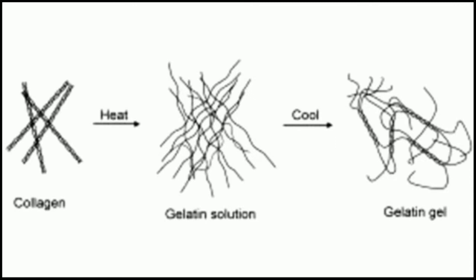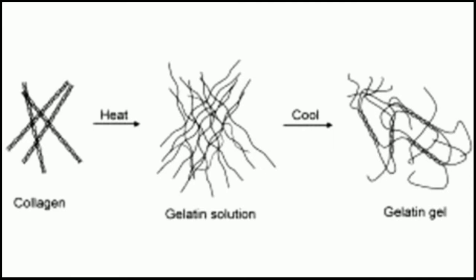In this diagram also you can see that the collagen on the application of heat gets converted into smaller pieces which are solubilizing in the surrounding liquid, and thus they form gelatin solution, and when it is cooled down it forms gelatin gel. And we are very well aware of the application part of gelatin in our food industry. The more the collagen is present in the meat, the stiffer it will be and the less juiciness there will be in the meat. So it is very important to convert the collagen into gelatin to improve the tenderness of the meat.